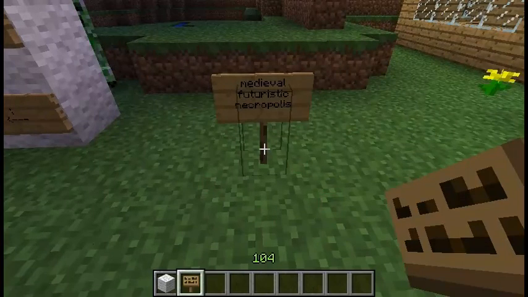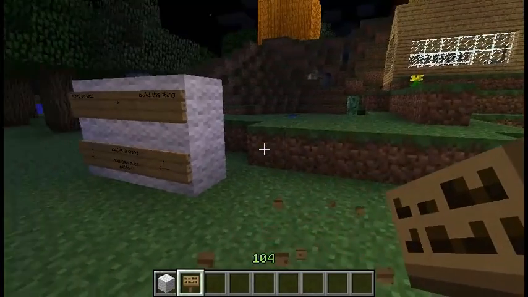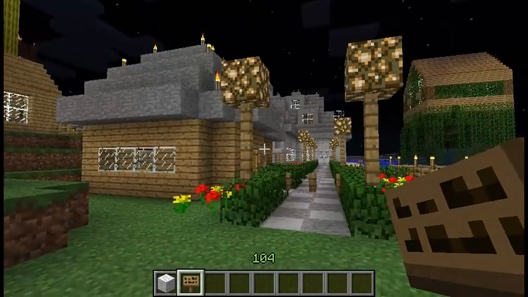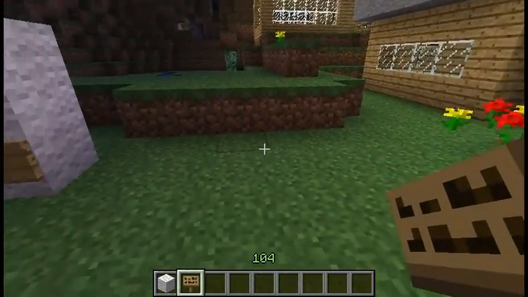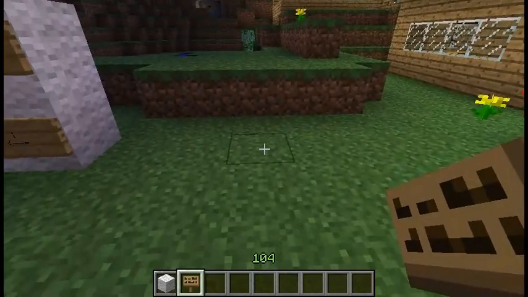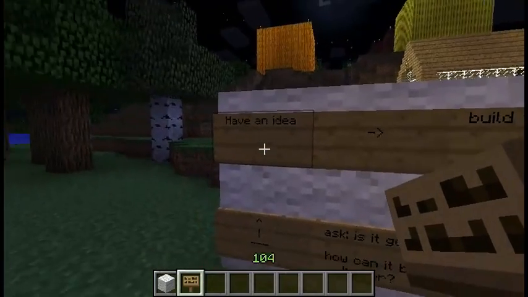Like, is it going to be a castle? Is it going to be a dense city? Is it going to be a lot of people living in a small space? Is it going to be a spread out city? Is it going to be a rural town? Is it going to be a mining town? So if you can't figure out what you need to put into these spaces, then ask yourself, well, what kind of house is it? What kind of city is it? And that's you having an idea.